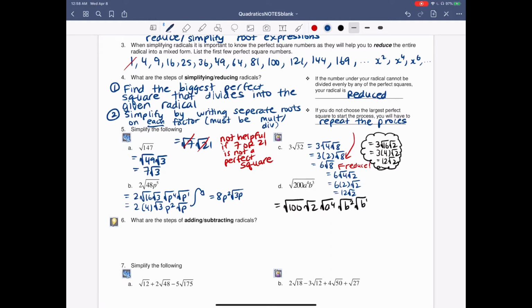So let's go through it. Square root of 100 is 10. Keep the square root of 2, because that's not going to be a whole number when you do it, right? It's the decimals, and the reason why we're trying to simplify it is we want to get these exact answers in simplified form. Square root of a^4 is a^2,